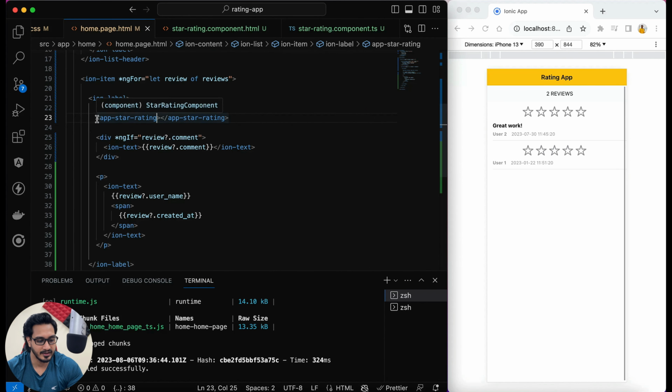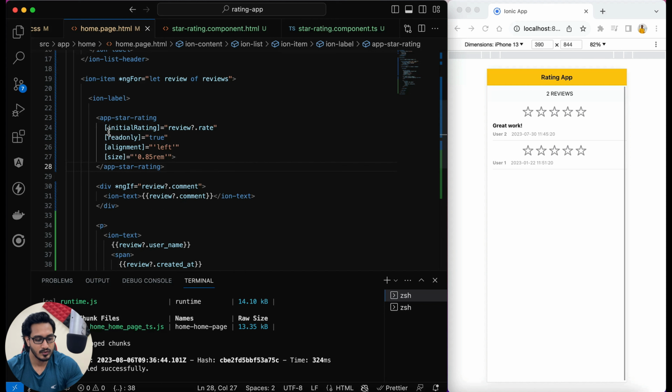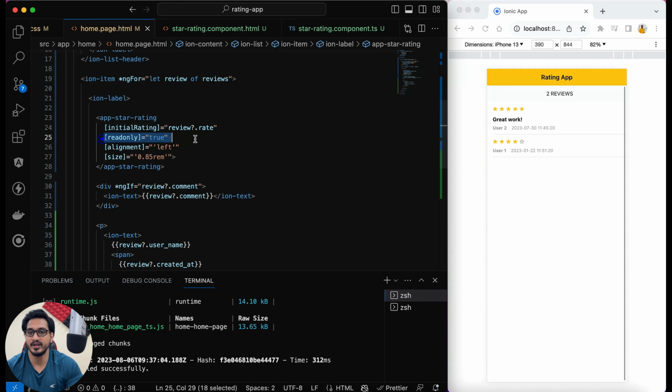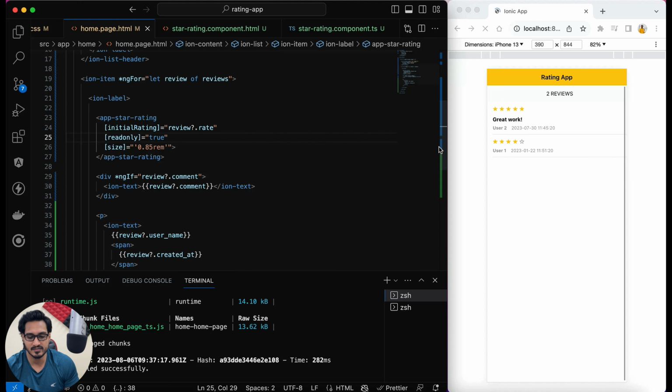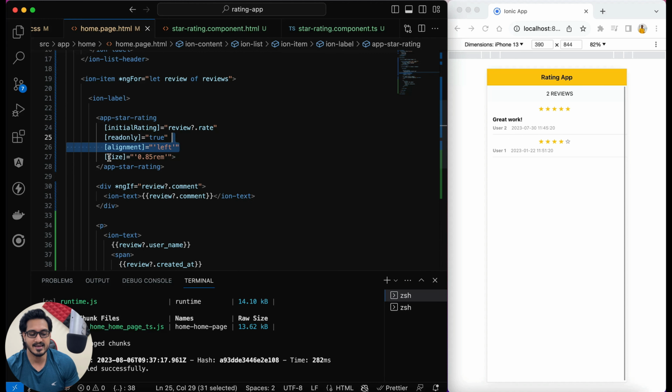Instead of this star rating one, I'll have some more attributes here, which will be the initial rating. That will be review (rate). Fine. And I've just provided read only, then alignment to be left side, otherwise it's going to be towards the center by default. If I just remove it, you'll see it at the center, which I don't want, so I'll just undo that. And size, I have given 0.85 rem, so you can simply change it here as per your